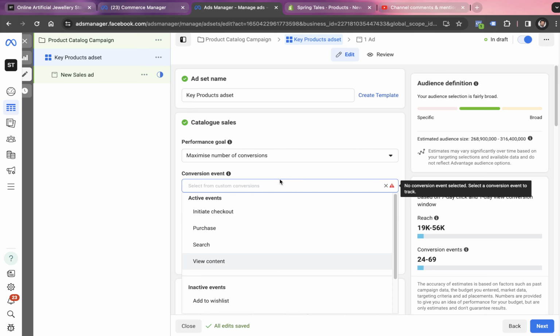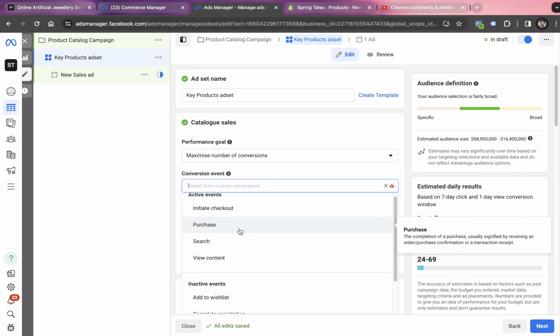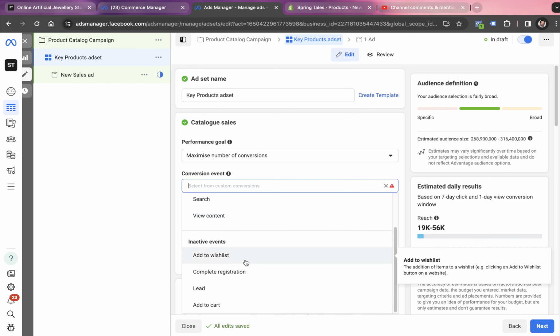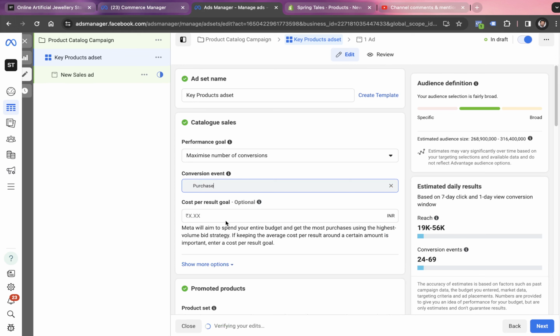What actually is the event that we are looking to achieve as a conversion? So we can always have different events in the campaigns, which start with initiate checkout, purchase, search, view content, add to wish list. So we always have all of these events, out of which if the idea is to generate conversion or sales, we always choose the purchase event.